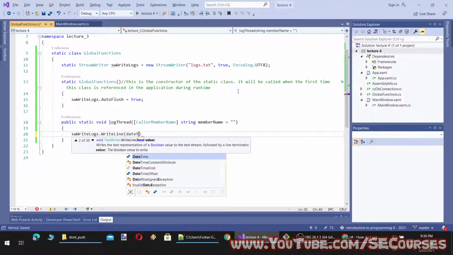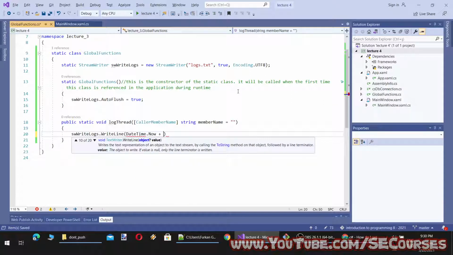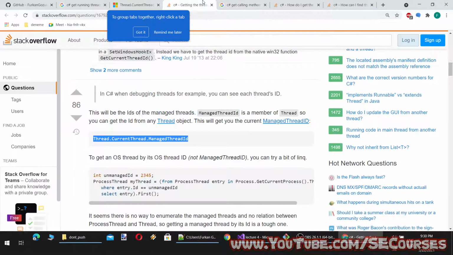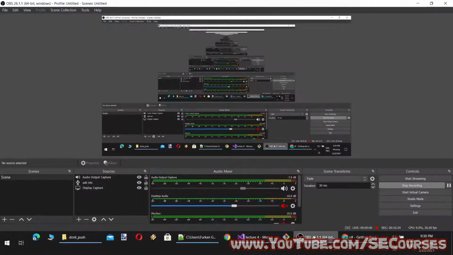So let's add DateTime.Now plus a double tap and the thread ID. To get the thread ID, here. Sorry about that.